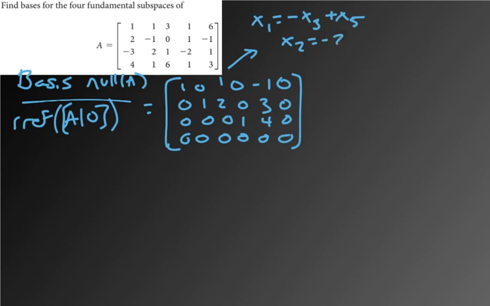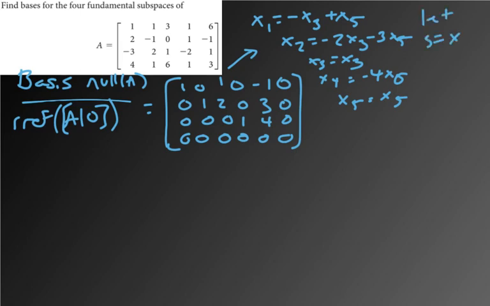x2 can be described as minus 2x3 minus 3x5. Well, x3 is just x3. And x4 is equal to minus 4x5. And x5 is, of course, just x5. And then you can do the thing like let s equal x3, t equal x5, right? And so our basis can just become